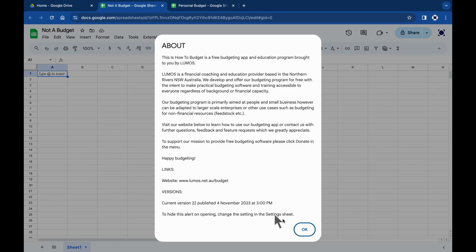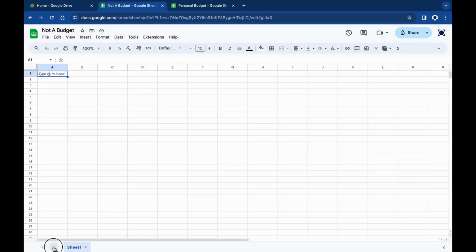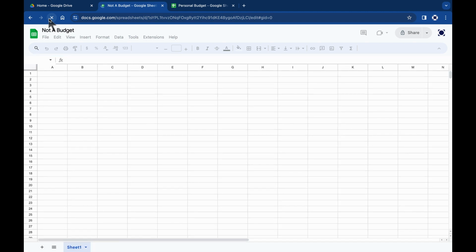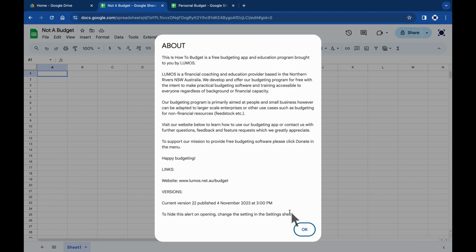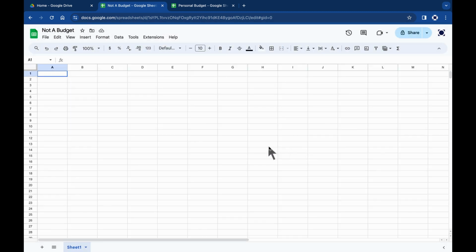So it's displaying some alerts. Down the bottom left here, it's created some sheets. And then if I click refresh again, this continues to happen, which is obviously a problem.